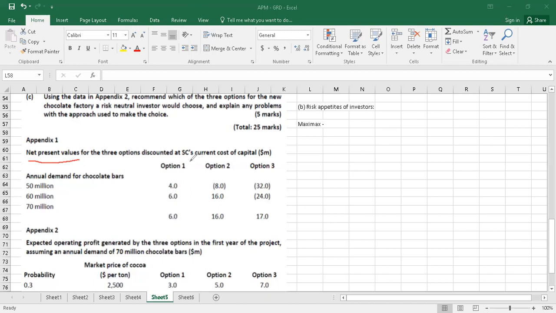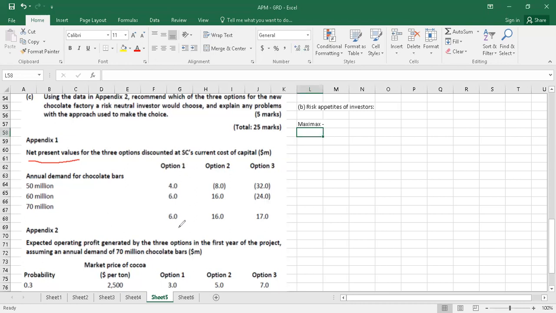So if they choose option 1 or option 2 or option 3, now which option? Options here relate to the size of the factory building, because they had not a pleasant experience with the cake manufacturing business. So now they want to be cautious about that. Therefore, they don't want to go with a wrong decision. So if at all they have to choose the best option,